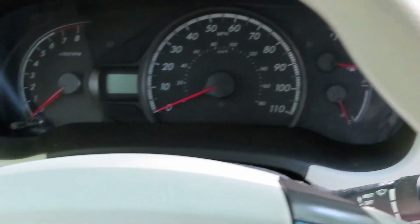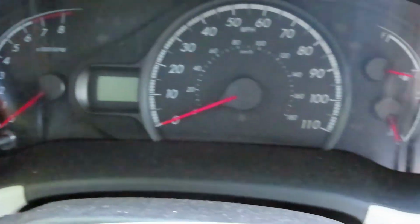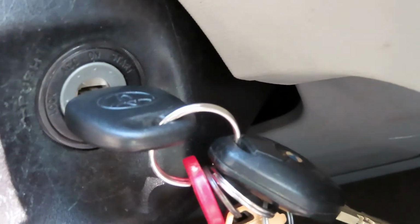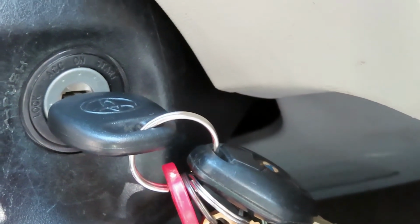Step 2. Shut off the car. Step 3. Hold this knob down while turning the key. You're going to turn the key until it's right about to turn on the engine. So right before it says start, you want to turn it on and keep your finger pressed down on that